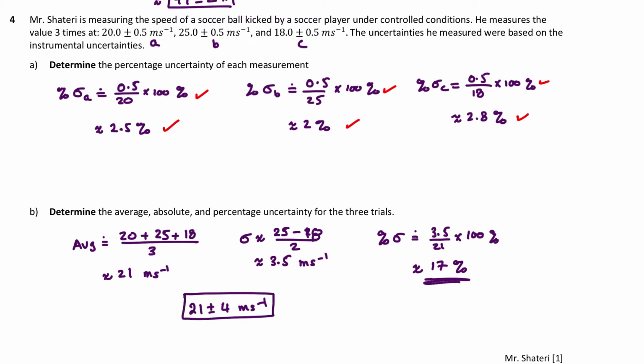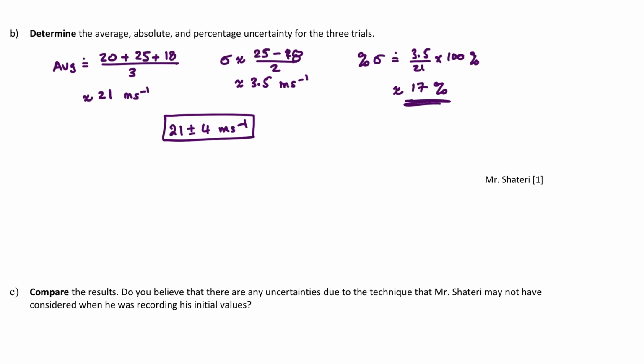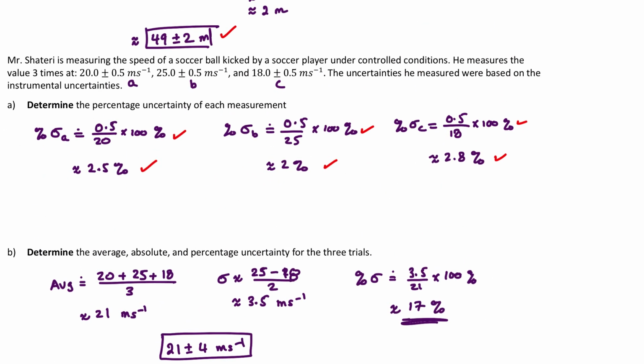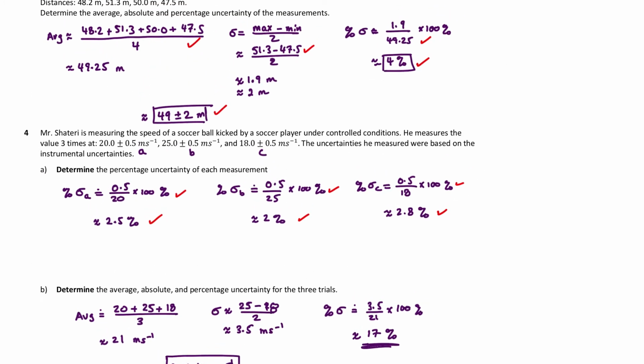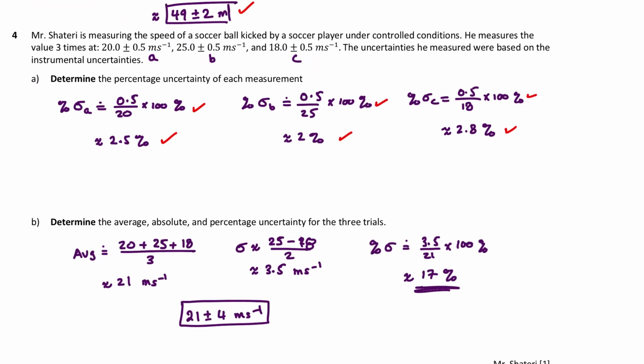So that's good. And finally, the last question says, compare the results. Do you believe that there are any uncertainties due to the technique that Mr. Shateri may not have considered when he was recording his initial values? Well, I'll talk about this one a little bit. We can see that from the initial question, it's right here. The uncertainty of each individual value was about 3%, somewhere between 2 to 3%, but when we combined everything together,